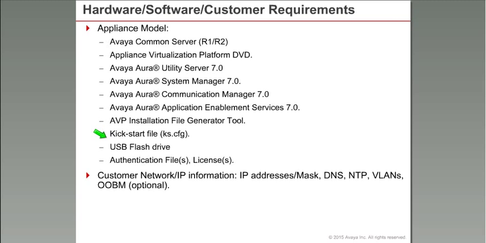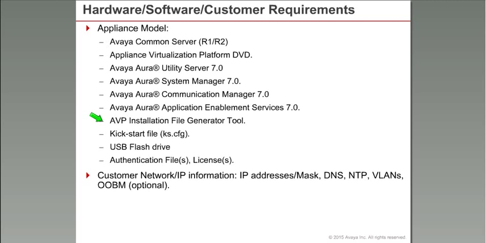Okay, appliance model. It needs to run on a common server 1 or 2. You need to have AVP software, which comes on a DVD, utility server or utility services OVA, System Manager, CM, application enablement services OVA. The way we give the AVP its IP address is using an AVP installation file generator tool to create us a